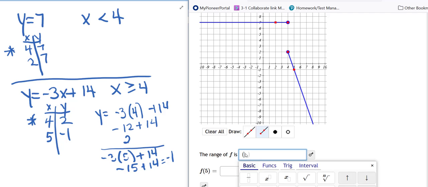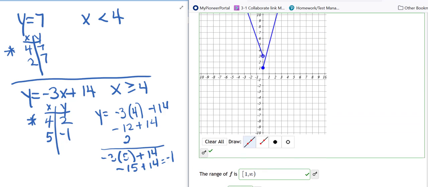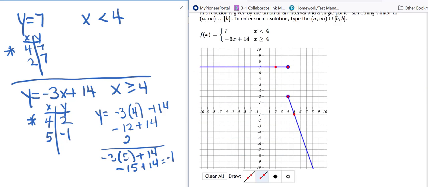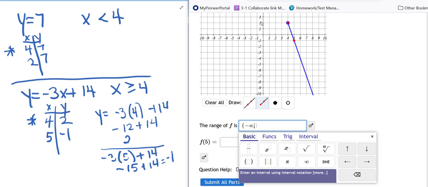I'm just going to use the keyboard here. Parentheses, negative infinity, comma, and we said that goes to a 2, and we are including that, so that will be a bracket, right? Then we're going to have a gap, so we'll do a union that is under the interval button,